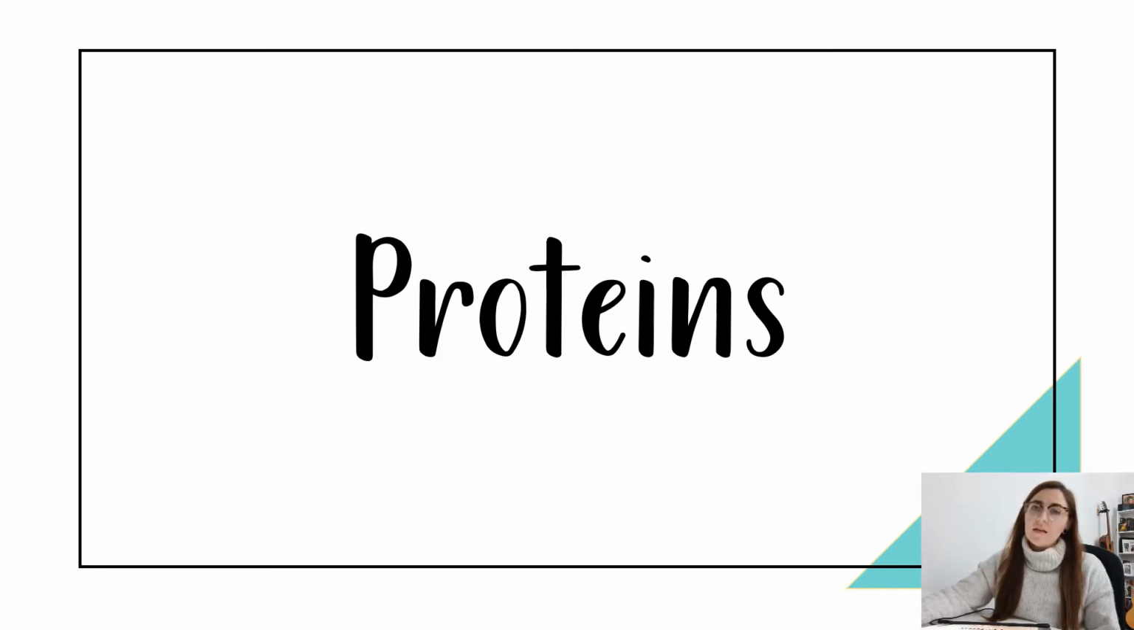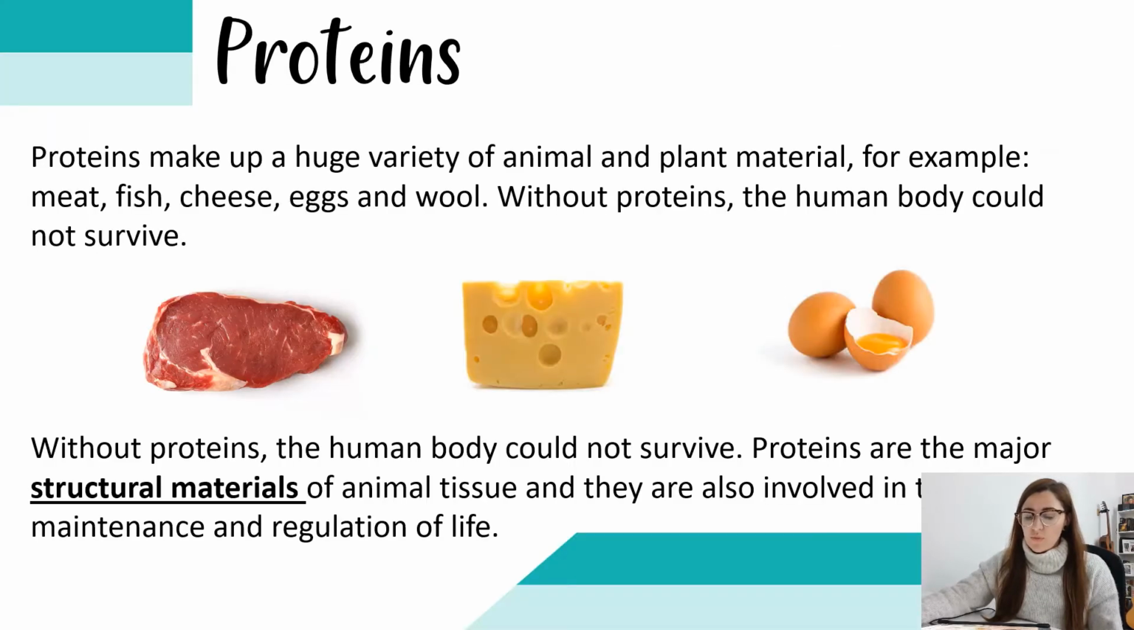Hi there guys. Today what we're looking at is the chemical structure and function of proteins within the body. Proteins make up a huge variety of animal and plant material, for example meat, fish, chicken, eggs, all things that we eat in our diet, and without proteins our bodies could not survive. Proteins are the major structural materials of animal tissue, and they're also involved in things like maintenance and regulation of